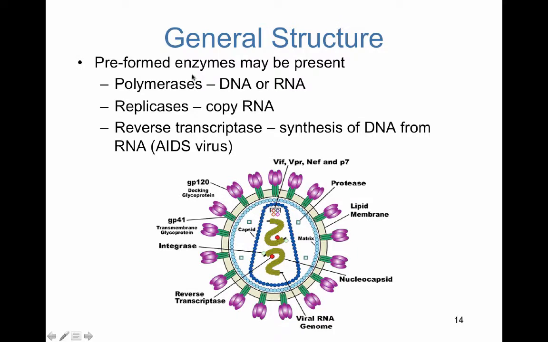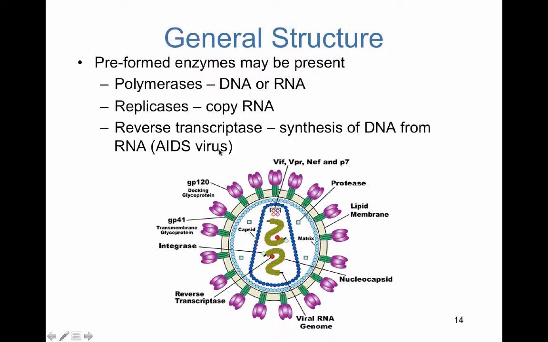Additionally, you may find some preformed enzymes that could be present. So this is just as a reference here, this is a cartoon image of HIV. And you're seeing the parts that we just went over, right? So here's the genome. It's an RNA genome. There's two single strands of RNA. And you're seeing the spikes. This thing has an envelope around it, and it also has a capsid around it.